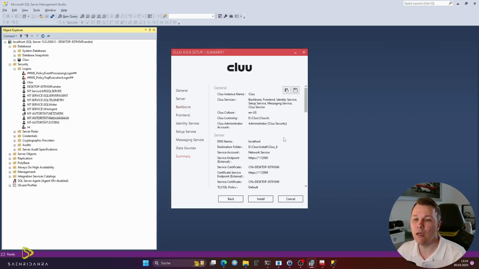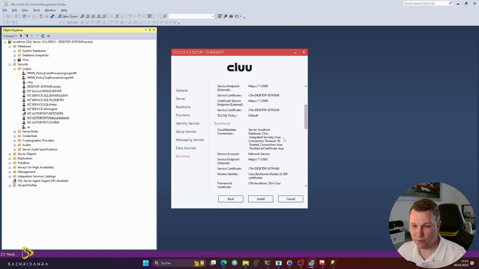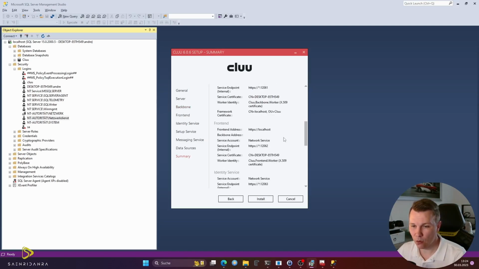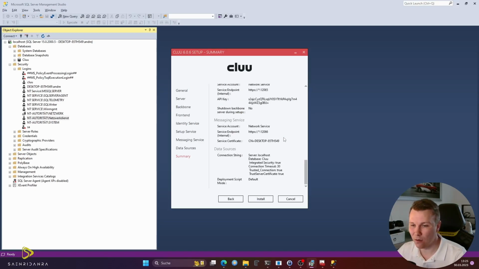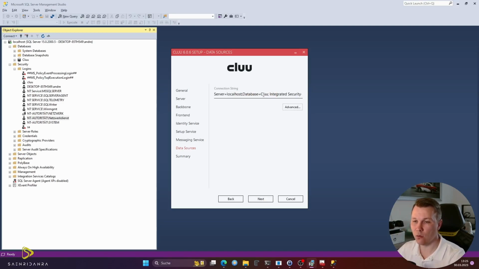In the end, you will get this overview right here, which states all the different things that you've been setting up. There's one more thing that you need to provide when trying to connect with Cluu. So Cluu 6 uses TLS connections to connect to the database. So the data on the path between Cluu and database is protected as well. And